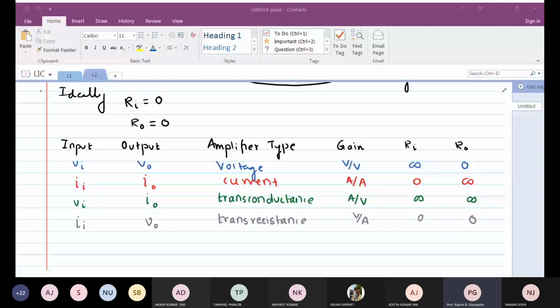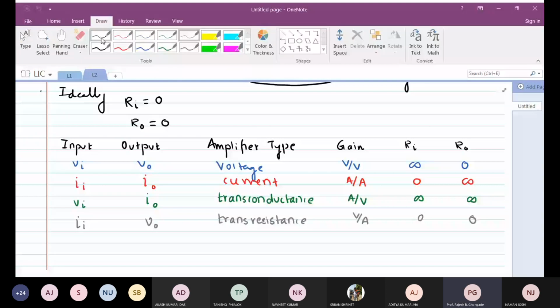Okay, do you see the OneNote page here? Yes, sir. Okay, so last time what we did was we studied the different types of amplifiers. Just to have a summary of the amplifier types, what we saw was the amplifiers can be classified as voltage amplifier, current amplifier, transconductance amplifier, and trans resistance amplifier. The ideal values of the gain, the input impedance, the output impedance are there in front of you. Okay, please remember these values correctly.